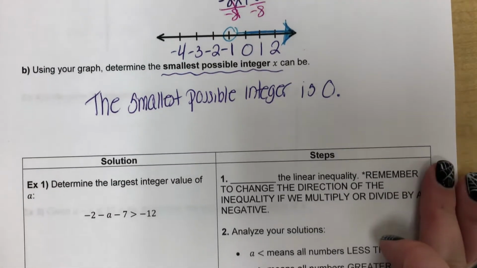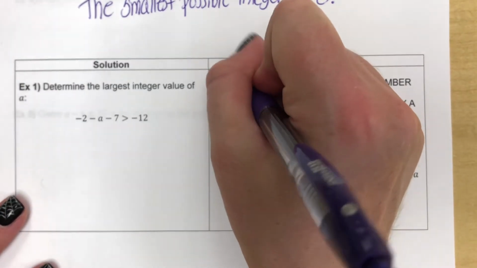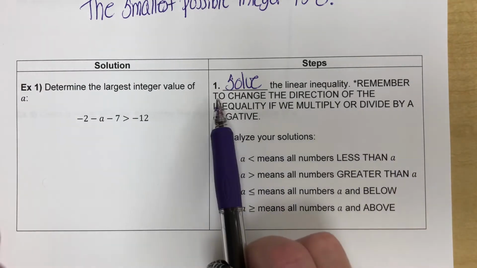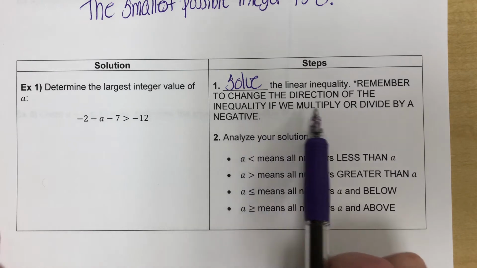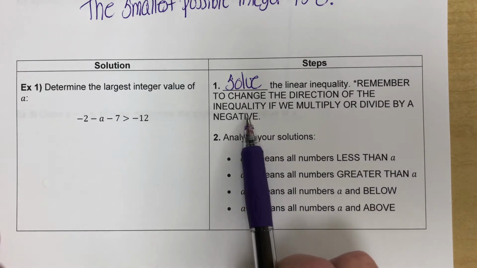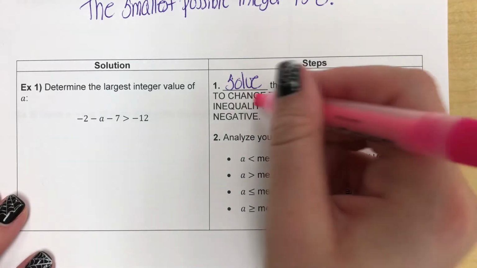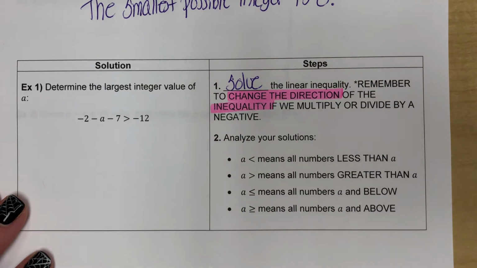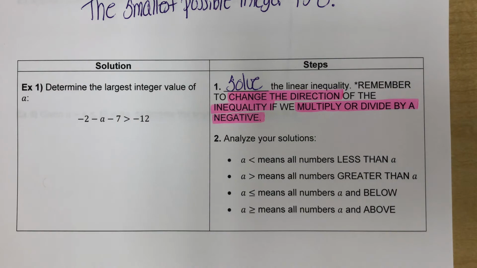So if we look down here at our notes, this is what we're going to do when we're solving questions like this. The first step is you want to solve the inequality, all right? Remember to change the direction of the inequality if you multiply or divide by a negative. I'm actually going to highlight that because it is super important. You have to change the direction of the inequality if you multiply or divide by a negative. That is huge, okay? And then